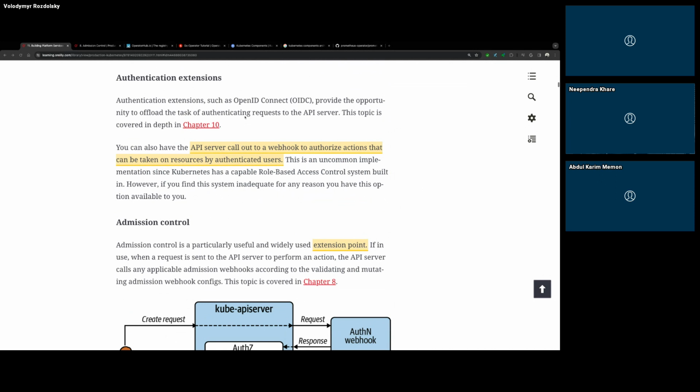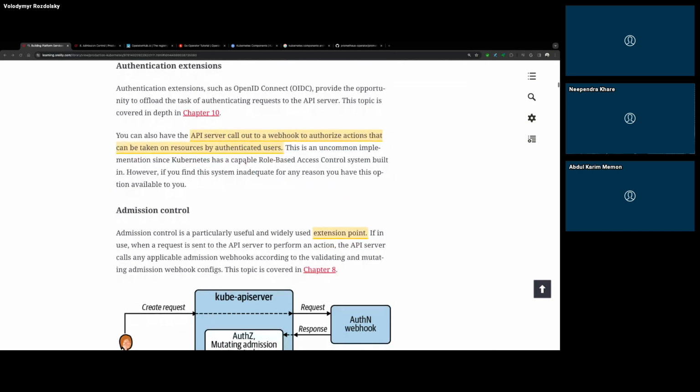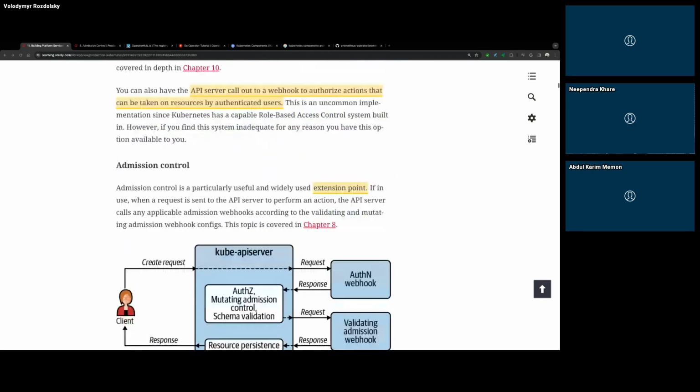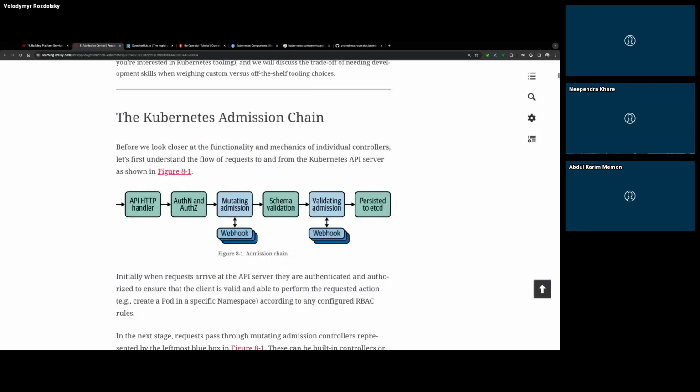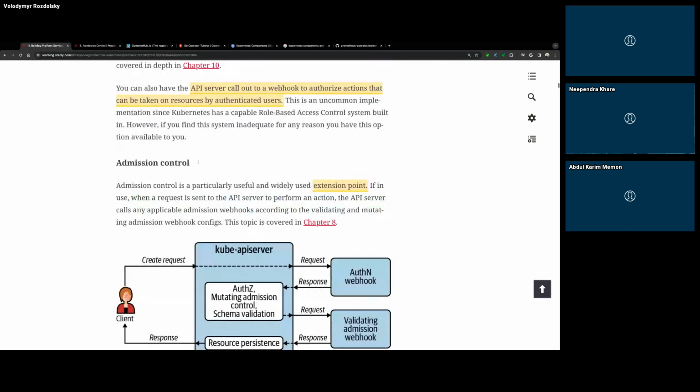For example, OpenID, how we can add OpenID to Kubernetes, or use the default Kubernetes role-based access control, and in that chapter, how the admission controller goes through which steps, and what mechanisms are in place in Kubernetes to perform any operations in the cluster.